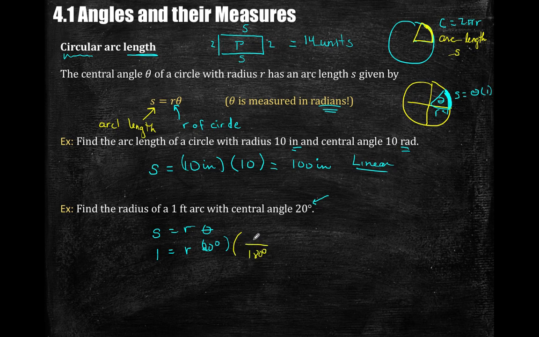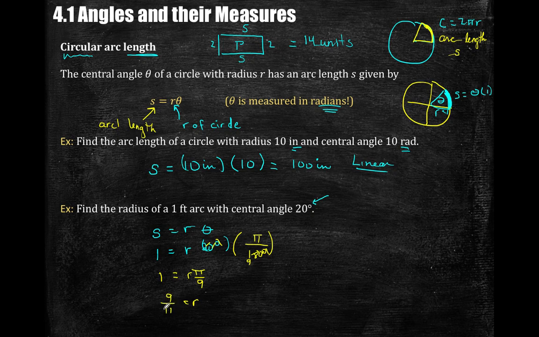Well, 180 degrees on the circle is the same as pi. Cancel, cancel. So 1 is equal to, and this 0 will cancel with this 0, this 2 will make a 9, right? So what do I have over here? I have pi over 9 times r. So to get r by itself,